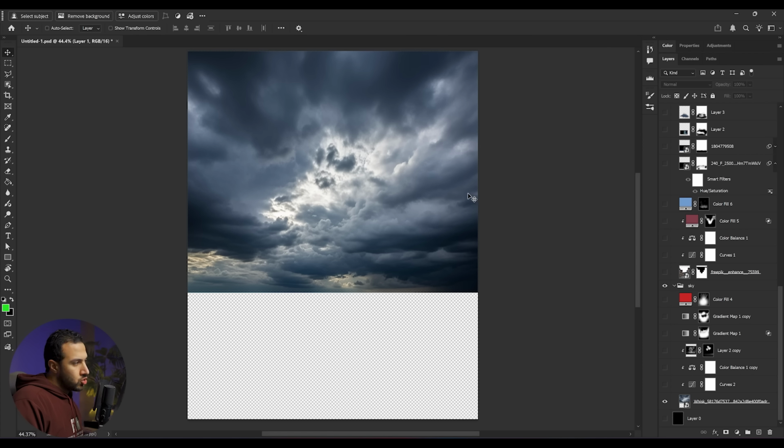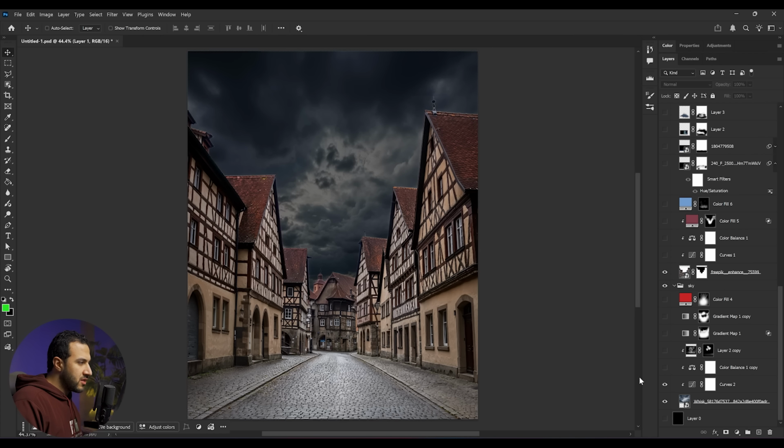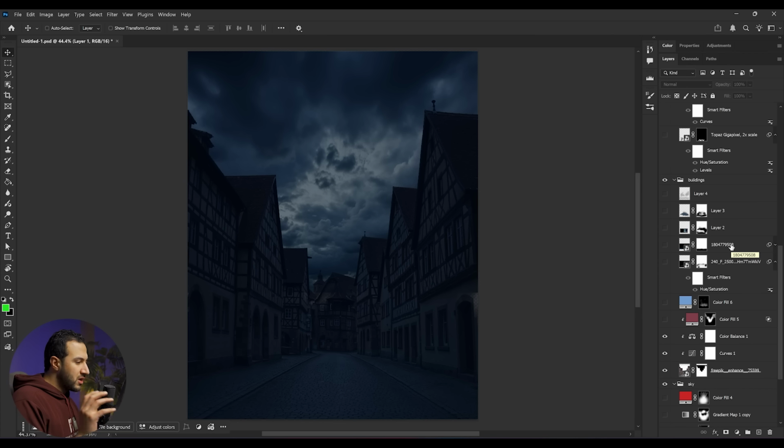Okay, so started from the sky, putting some buildings, and then corrected the lightness of the sky, make it darker, giving it some blue. Next started to correct the lightness of the buildings, giving it some blue. I'm trying to even everything at first, putting them into the same lightness and then painting the extra lights and